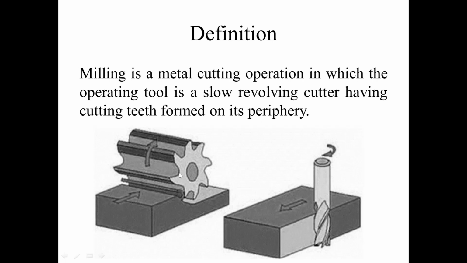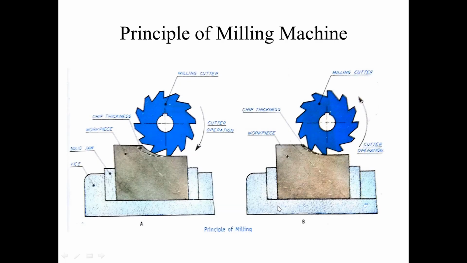You can observe two figures here. This one is the milling tool and this one is the workpiece. We fit the workpiece towards the tool. As I have already said about the difference between lathe and milling, here the milling cutter is fixed, and we move the workpiece towards the cutting tool so that it removes the material. These are the two images which describe the milling operation.